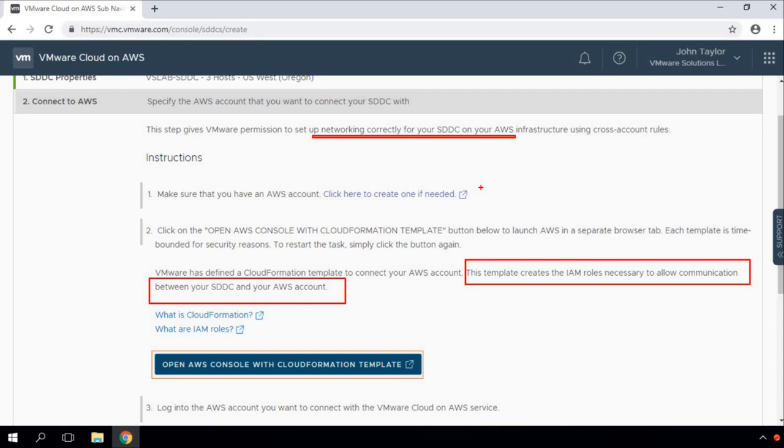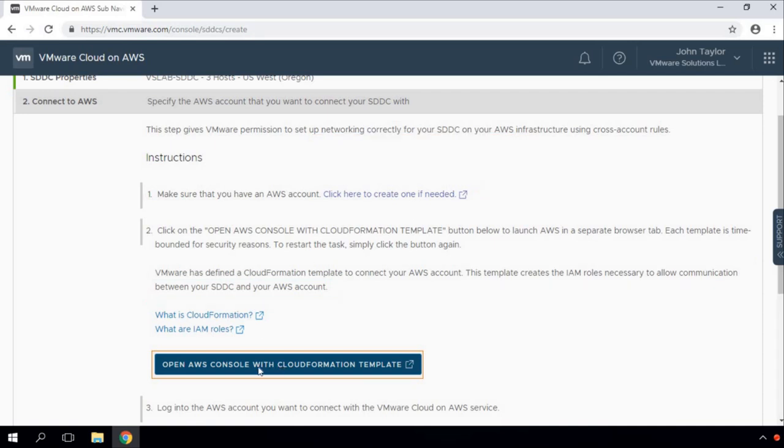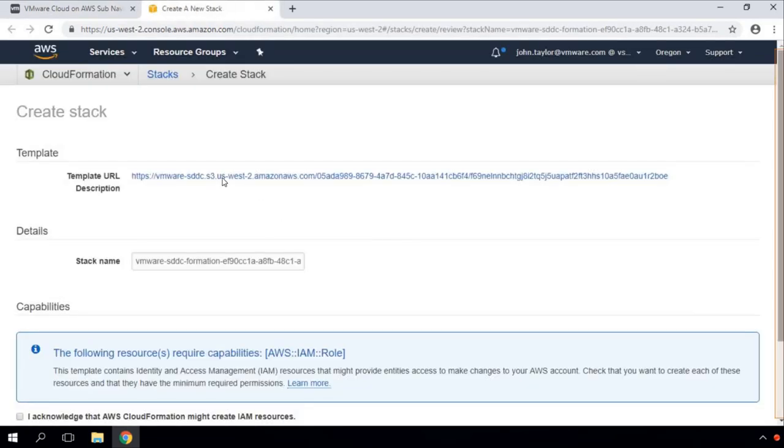To proceed with that step, just click on open AWS console with CloudFormation template, and as you see, as soon as we click on that link, it diverted us to the AWS console. Within that AWS console, what service are we accessing? We are accessing the CloudFormation service, and we are trying to create a new stack, and that's our SDDC stack which we are going to deploy with the help of this template.